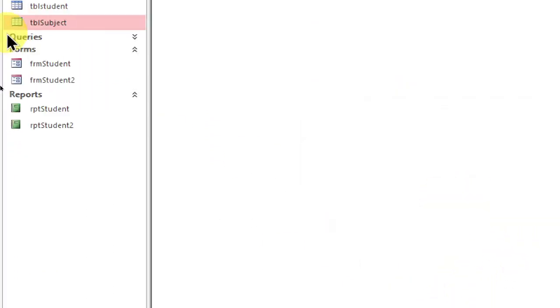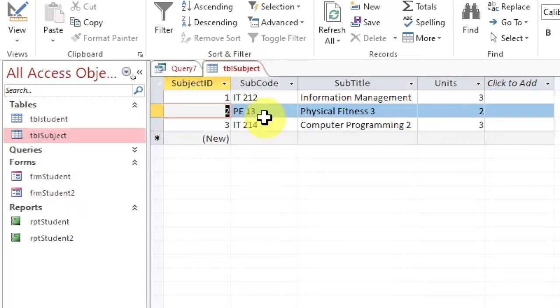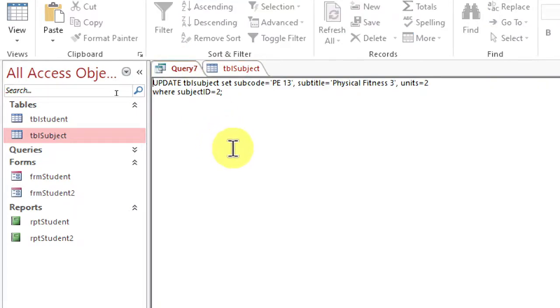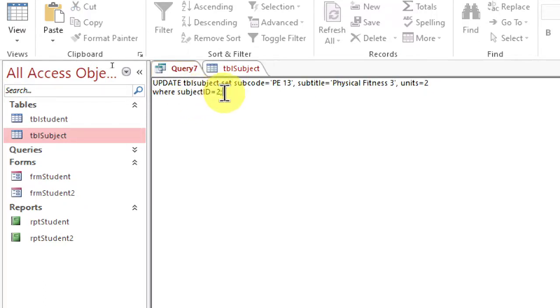Okay, let's try to open our table. Ayan na siya. So, P13, physical fitness 3, and then, units 2. So, yung una kanina, isang column lang yung naset natin. But this time, lahat. But, if you will integrate your code in your programming language like VB.NET or C#, you